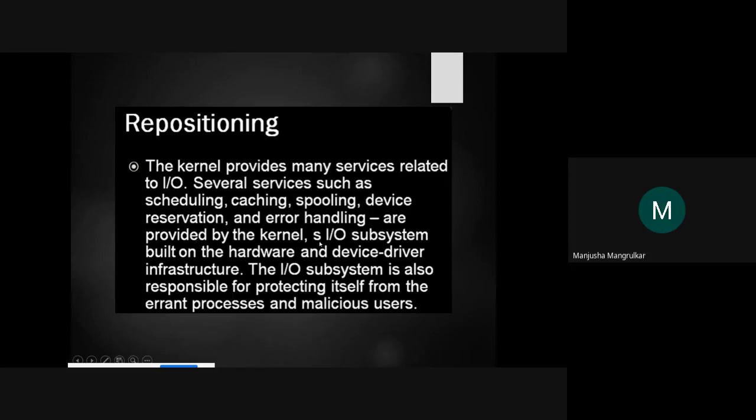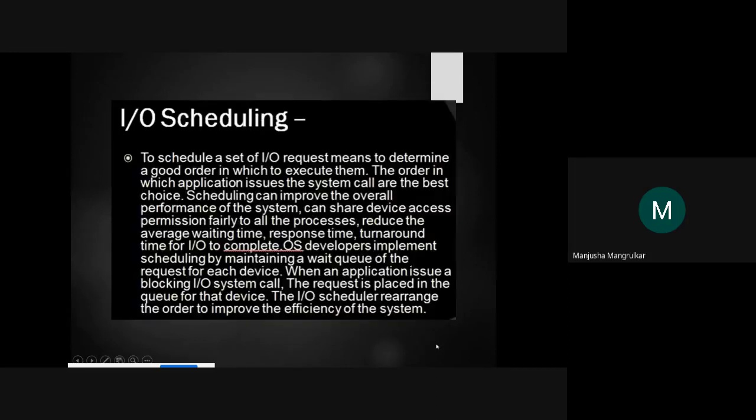It is built on the hardware and device driver infrastructure. The IO subsystem is mainly responsible for protecting itself from inherent processes and malicious users. It protects all the devices, the system, and the applications from the user, because it should not be messed up.